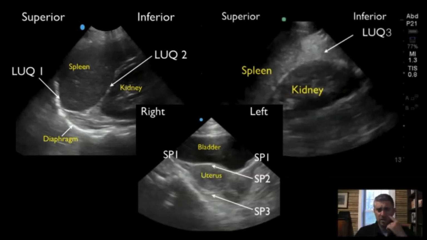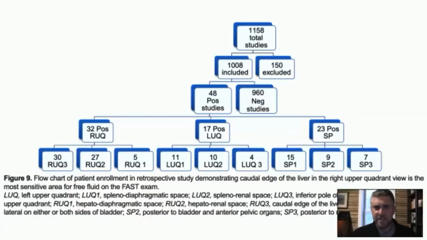And so they basically said, okay, we're going to identify our FAST exam patients, right? So we'll take how many FAST exams we did, run them through their inclusion criteria, throw out all the negatives, and they were left with 48 positive studies. And they said, okay, fine. Where in these studies was fluid seen, right? And so they basically identified the right upper quadrant. They had 32 patients with fluid, left upper quadrant, 17 patients with fluid, and the suprapubic space, 23 patients with fluid, right? And then they further subdivided it out, and they found that the most commonly positive place was R3,